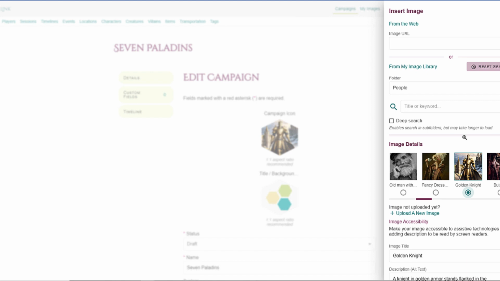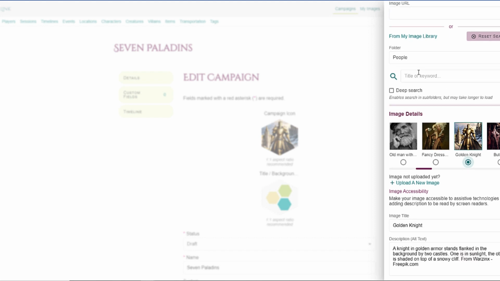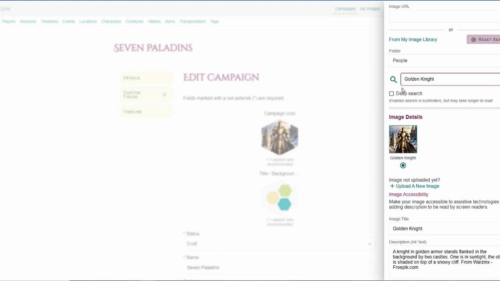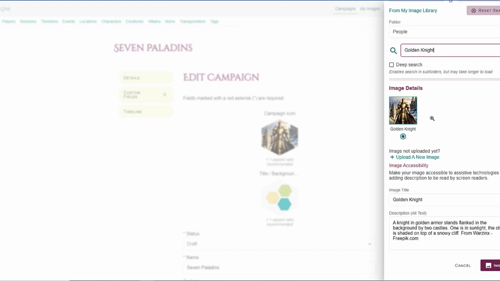These are all images that I have uploaded to my image library. We'll talk about that more later, but note the fact that I have folders I can search through. I can search by words. I can just do an entire search of everything rather than go to a particular folder. But for example, if I wanted to be smarter, I could have typed in Golden Knight, and it would have pulled up that Golden Knight one. Also note the fact that we at LoreLink do take accessibility seriously, so we make sure that we have things like image titles and alt text right here.